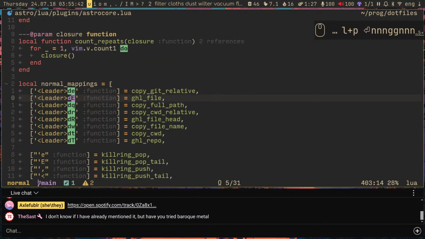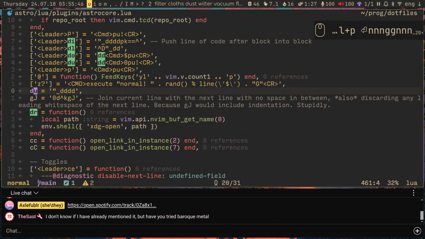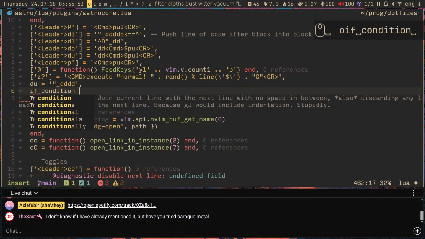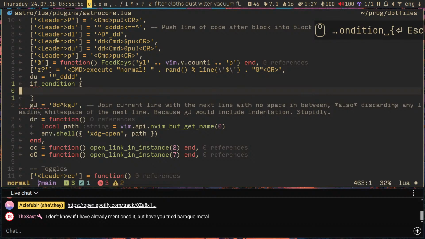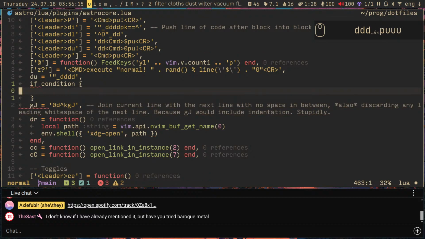Let's see if I have any more of these pure D something things. DU is an interesting thingy. Let's imagine you do an if condition, and now you want to basically put this bracket over GJ, but also remove this current line. This is a situation that happens very, very commonly. So what you might have to do is DDP. This is a bit too much, so I made it so DU